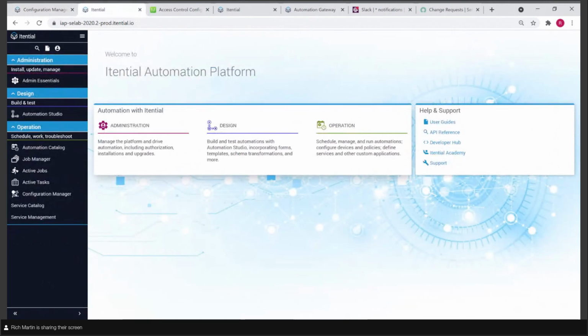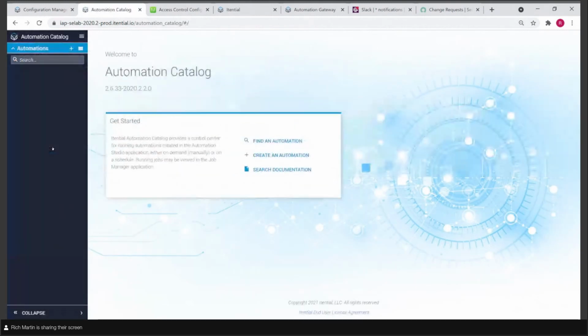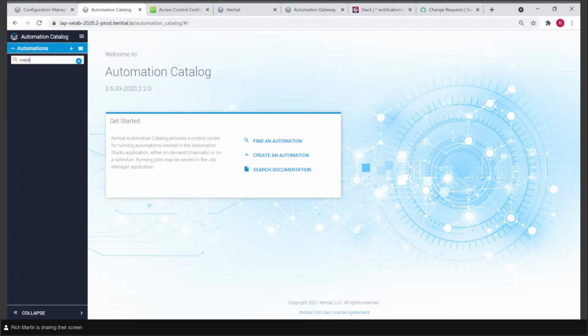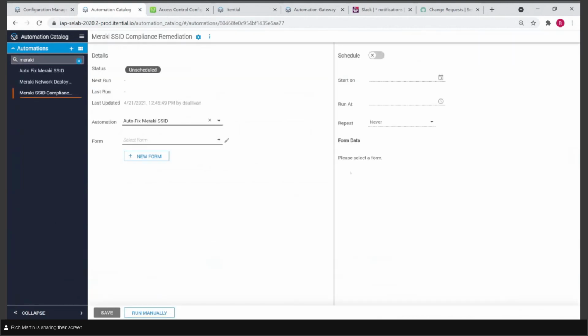And so if I go back into the main automation platform here and go to automation catalog. So this section of the platform is where we would publish an automation once it's been created and tested, in this case, so that people can run it. And so in this case, we have an SSID compliance and remediation check automation. And so if I run this manually,